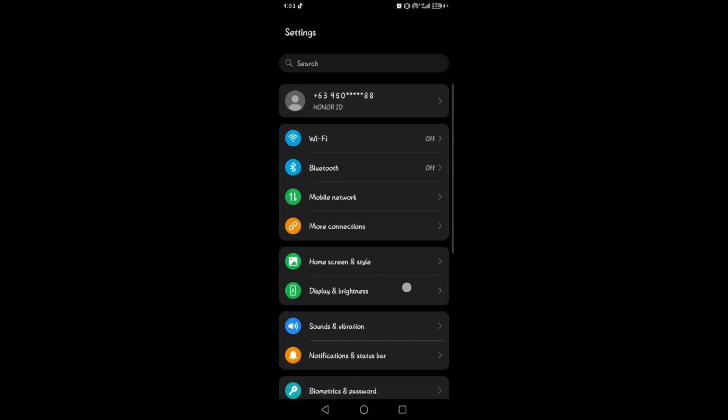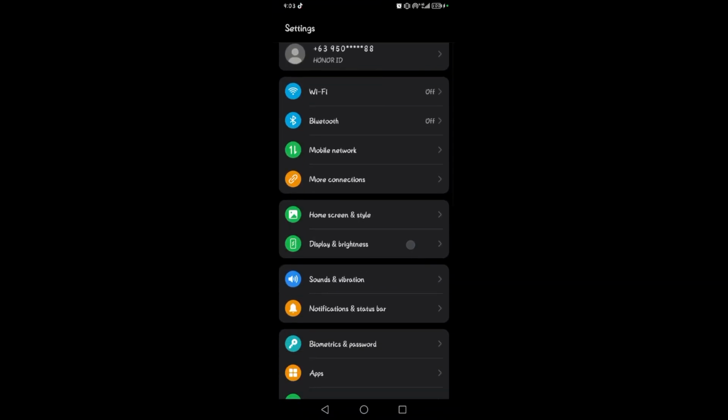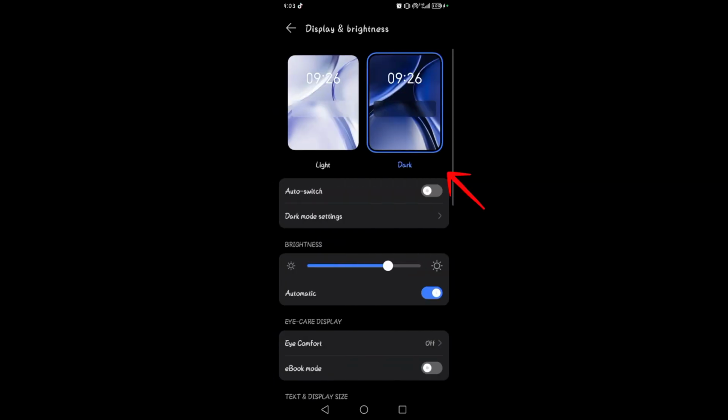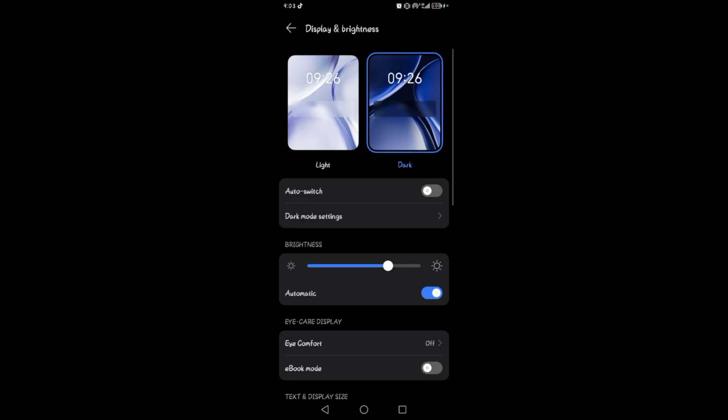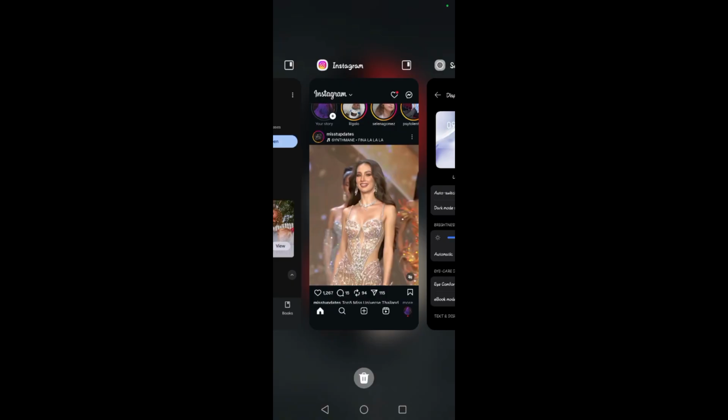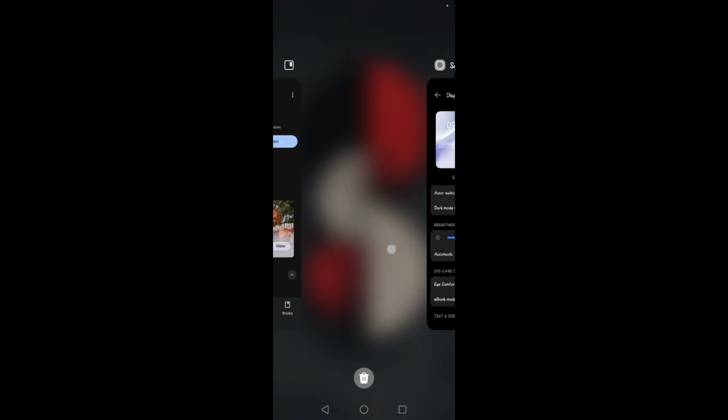Now you have to scroll, and this time you have to look for display and brightness. And as you can see, if there is a dark mode right here, all you need to do is tap that one. It will put your phone into dark mode, not just your Instagram. However, if you just want to enable dark mode just on Instagram, you just have